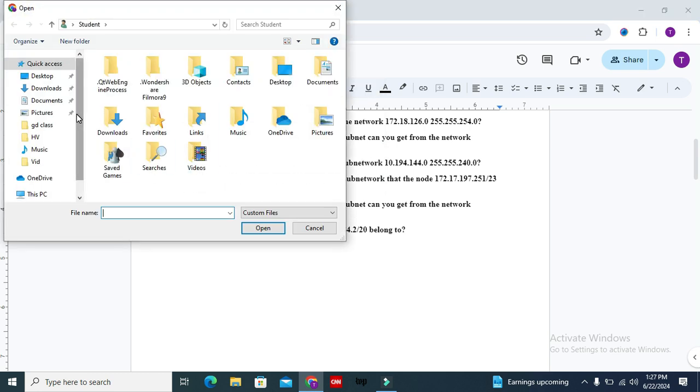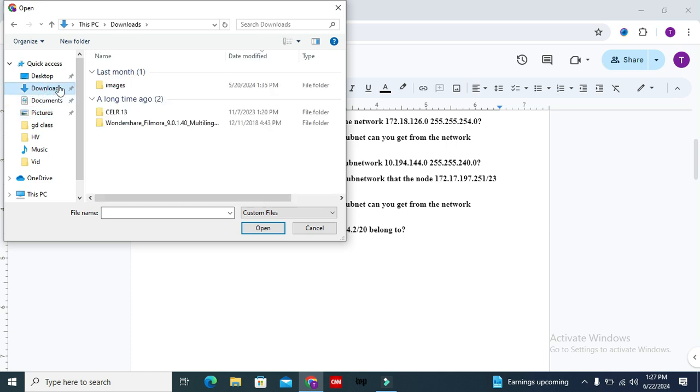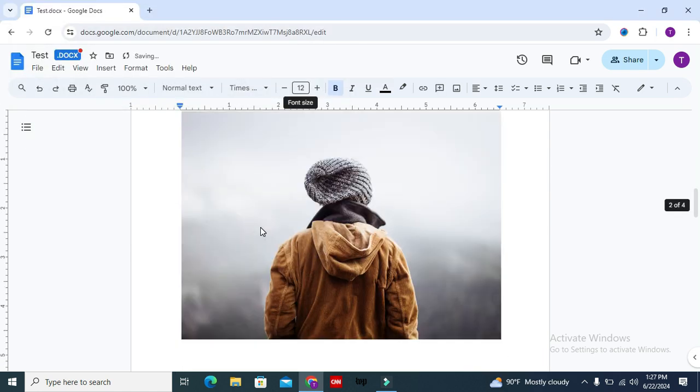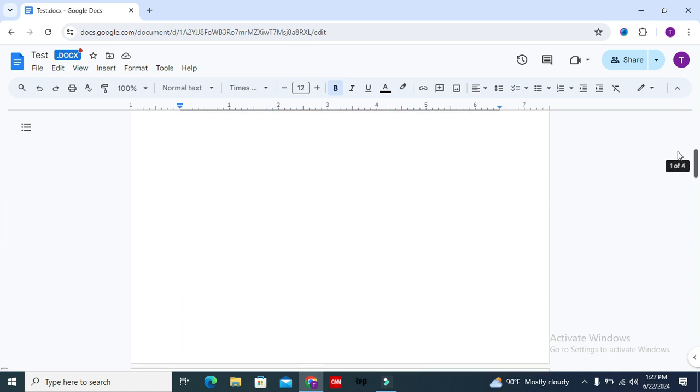Now you have to select your image from your computer. I'm selecting this image to upload, and now click on Open. Look, the image has been inserted into my Google Docs,